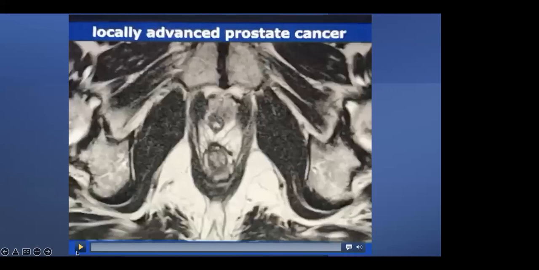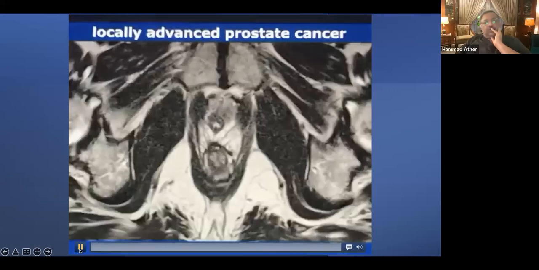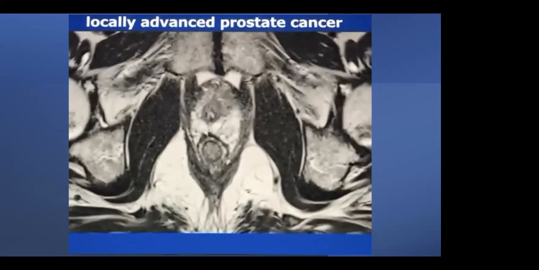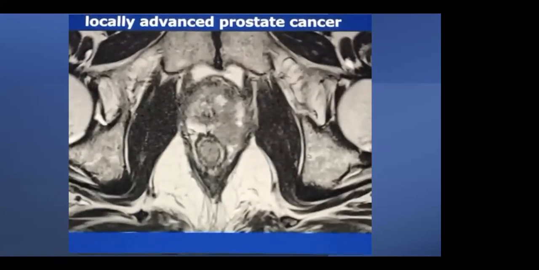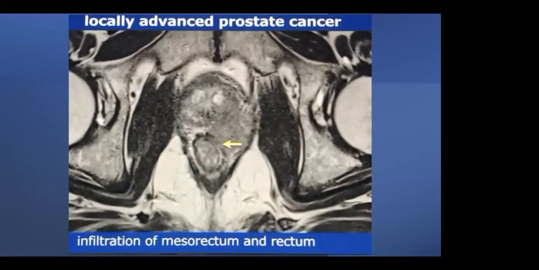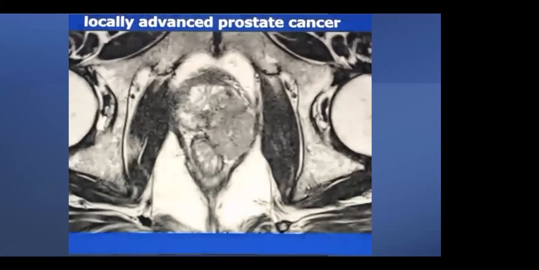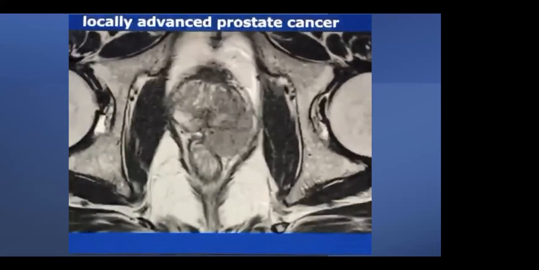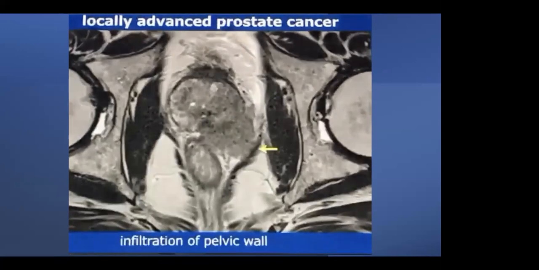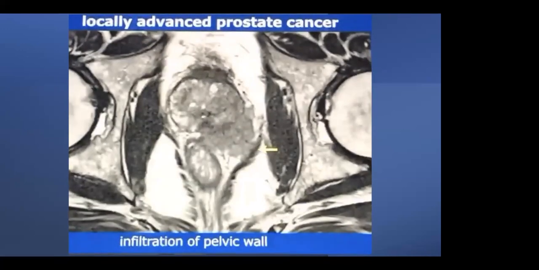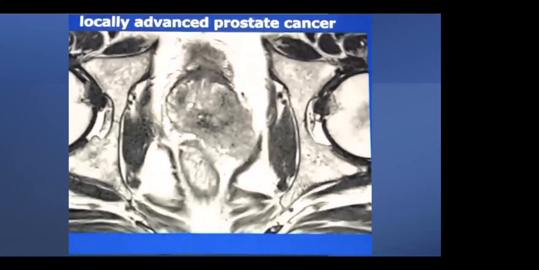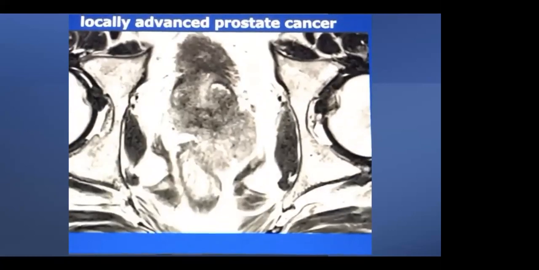And I think this is a video. Yes. So again, if we see this video, this is moving inferiorly, and you can see this on the right side of the screen shown by this yellow. This is an infiltrative tumor which is infiltrating the anterior wall of the rectum as well as the pelvic side wall shown by this arrow, and the mesorectum as well.